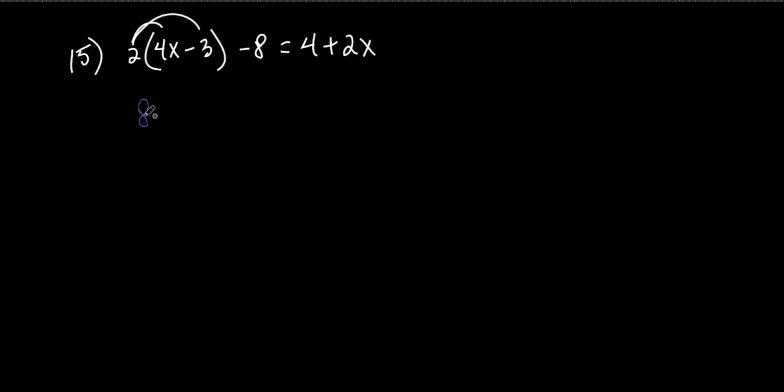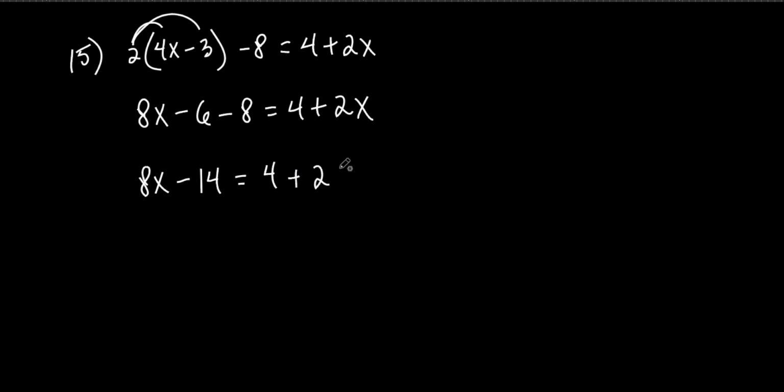So what do we get? 8x minus 6 minus 8. Can I do anything on the right-hand side? No, so I'm just going to leave it like that. Now, remember on the first problem we did today, we added like terms. So look on the left side. Do we have any like terms we can add together? Yeah, the negative 6 and the minus 8. So we can add those. I can't do anything with that 8x, so I'm just going to bring it down. So I'm just going to go negative 6 minus 8, which is negative 14,